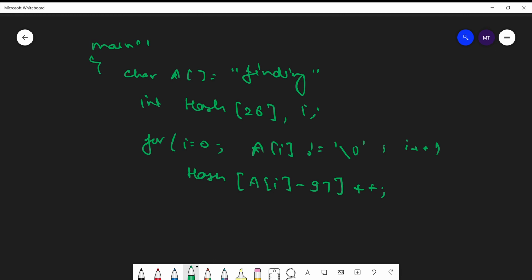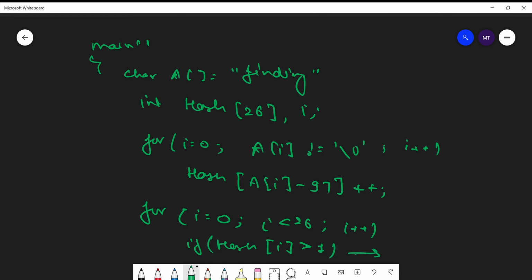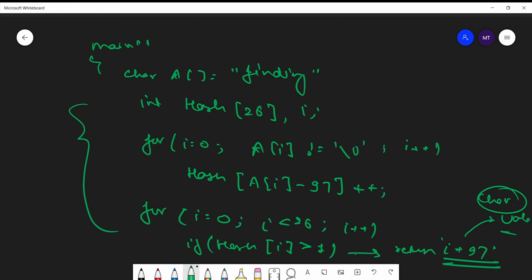And after that, for i equal to 0, i less than 26, i plus plus, if hash of i is greater than 1, I am writing its indentation beside, return i plus 97. It will just return the character value, which character is duplicated. So that was the simplest approach to get which characters are duplicated in that string.